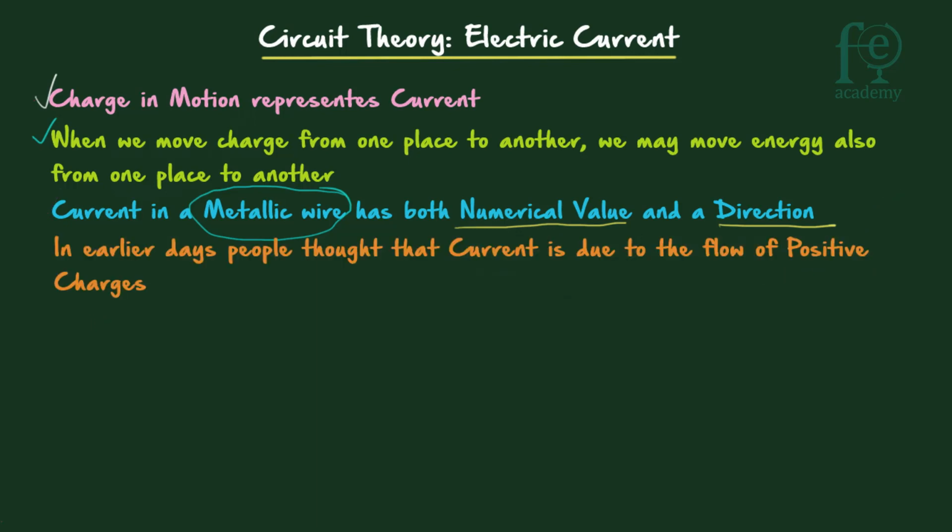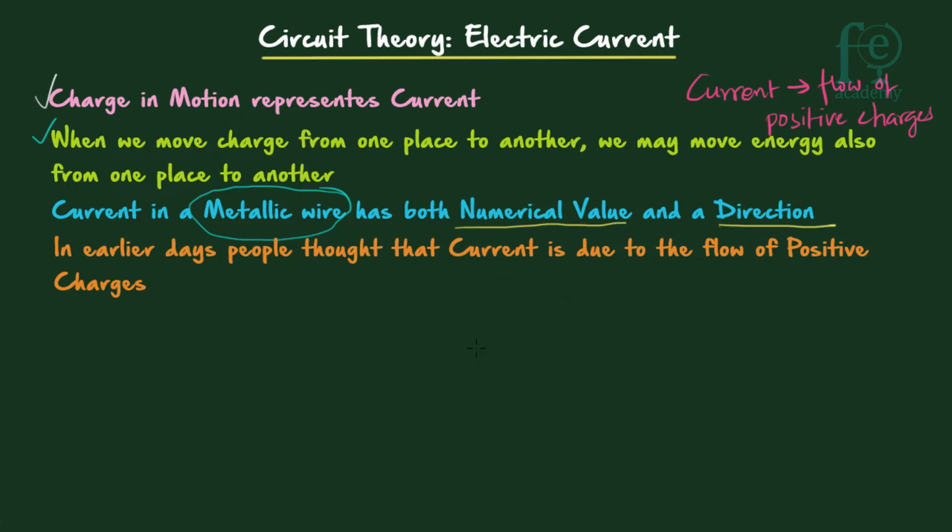Now we need to notice one important point: when we talk about current, we are considering the flow of positive charges. You have to keep this in mind. So when we talk about current flow, we are talking about the flow of positive charges. You may have a confusion. You know that electrons are flowing through the conductors, and